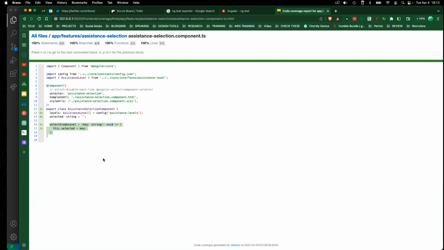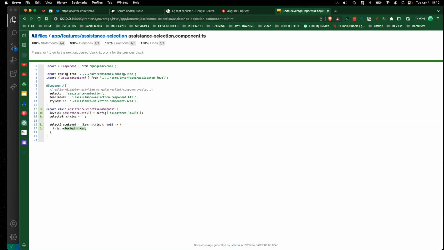And whether you're clicking on that button or interacting with that component to see that the right state gets updated based on how you set things up and initialize that component, whether you test it in the DOM or you test that your modules within that component do what you expect, that's the important part. You're checking expectations. Our expectation is select grade level, we'll take a key and assign it to this variable. This is not exactly a complicated one to test. It does one thing, and it does one thing very, very well,